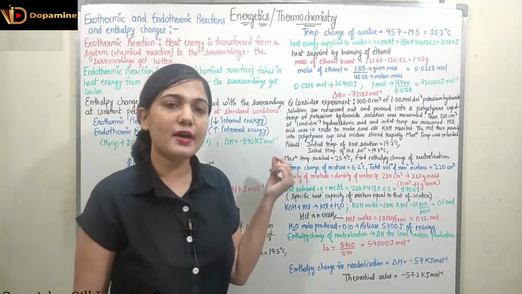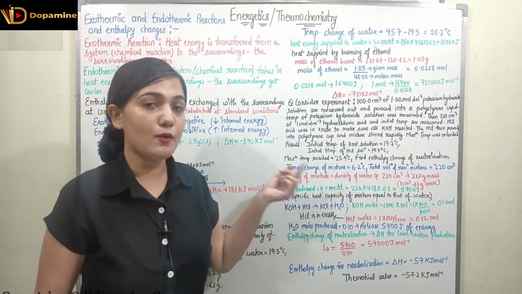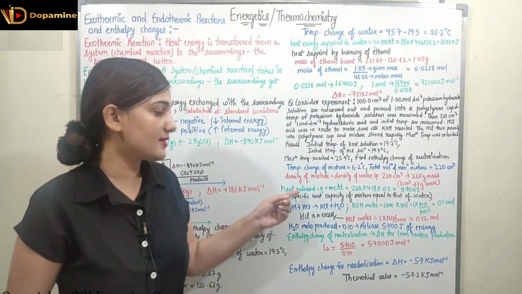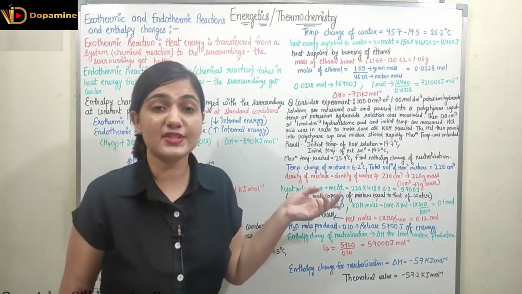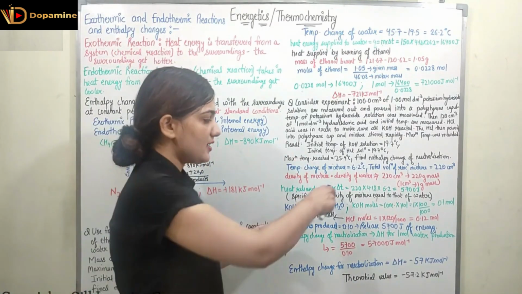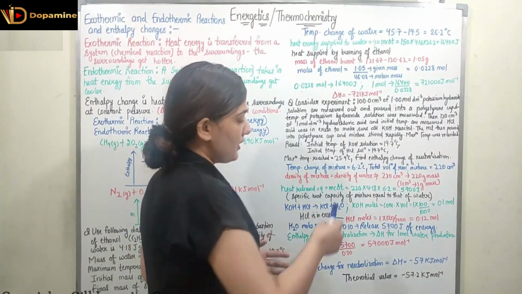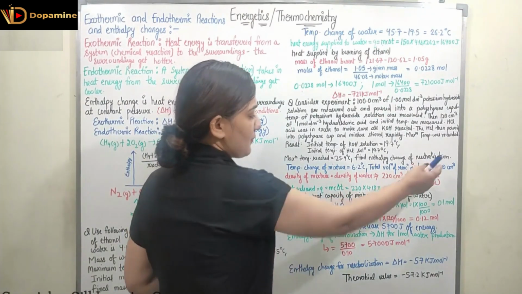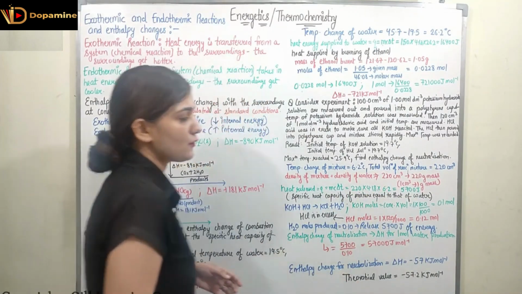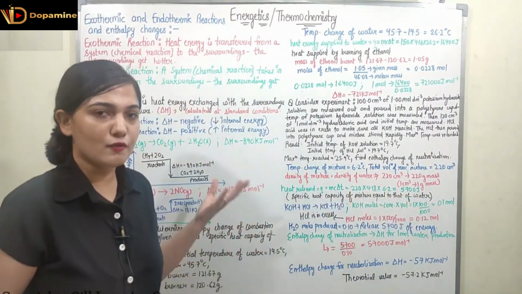Now I need to find out the heat that is released. So heat is mcΔT. Now again I am considering, this is again an assumption, that the specific heat capacity of mixture is equal to the specific heat capacity of water, which is 4.18. So C is 4.18, that we have assumed because most of the constituent is water only, and mass is 220, that we had found out. ΔT is 6.2. So 5700 joule of energy would be there, right?